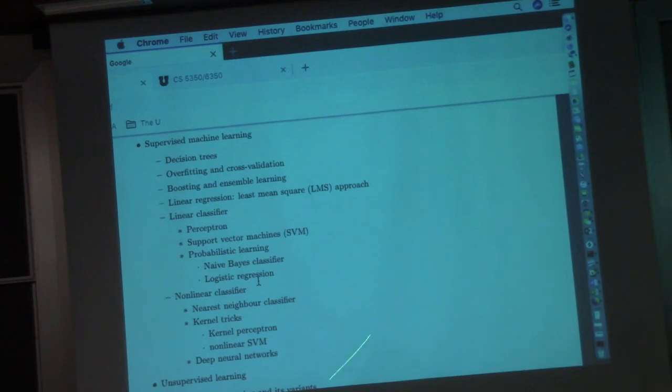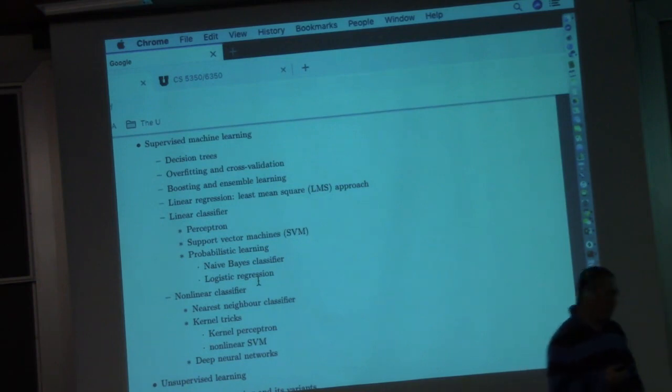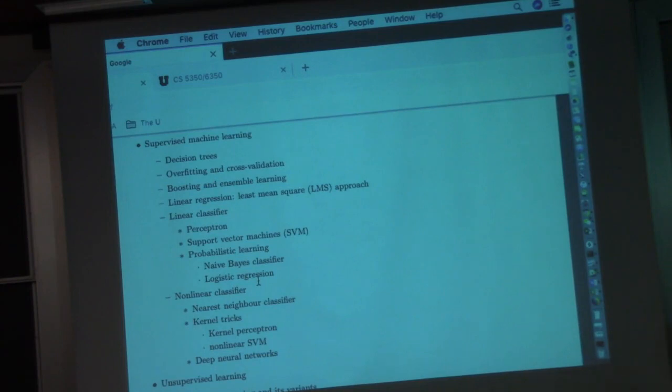So in supervised machine learning, we'll first introduce decision trees. Someone may think decision trees are kind of grandpa, kind of outdated, and the coolest algorithm should be deep neural nets, deep learning. But actually, decision trees are, I believe, even younger than neural nets. Neural nets were invented about 30 years ago, and decision trees came almost at the same time, or even later.